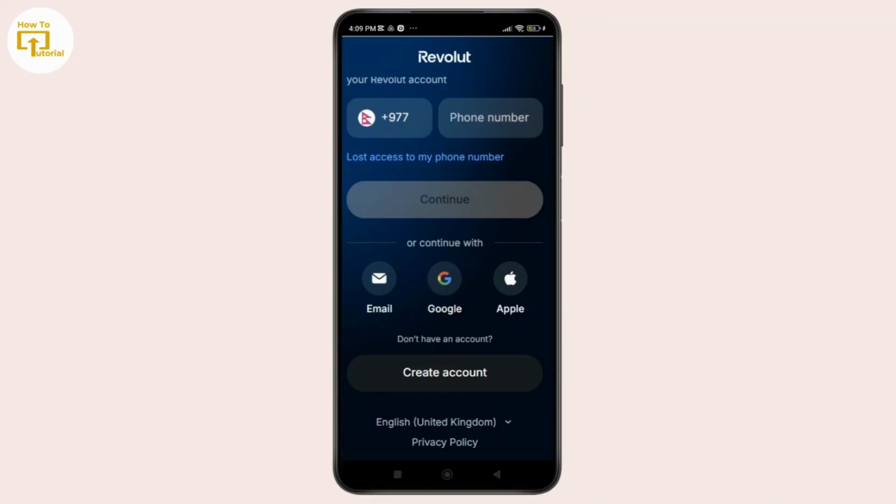Now here at the top, you need to select your country. And once you're done selecting your country, you have to enter your phone number. And once you're done entering your phone number, you just have to tap on continue, and after that